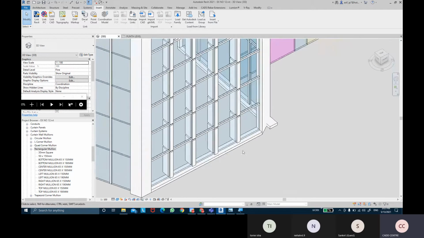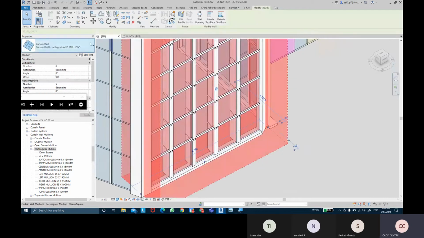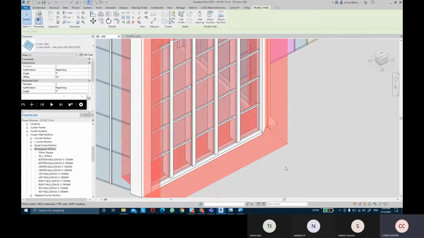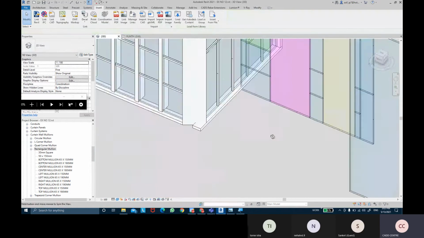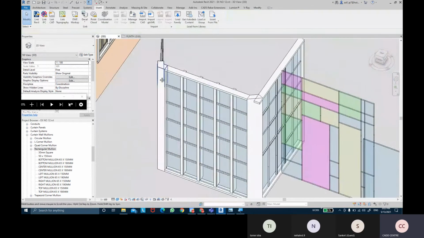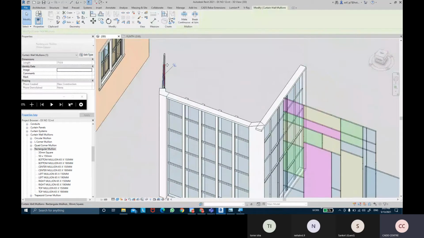And the mullions are not continuous. We can make that joint condition to be continuous. You come over here and take the joint condition, telling it that we want the vertical mullions to be continuous, but the horizontal ones we cannot see that they are continuous. Okay, then we wanted for the corners as well, so we can remove the small ones.